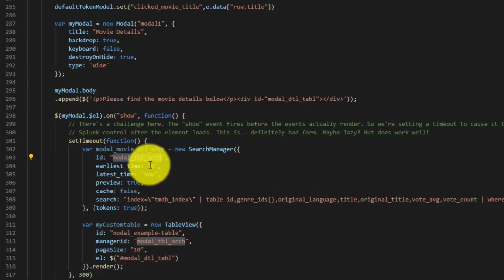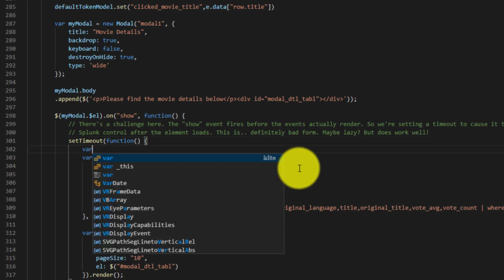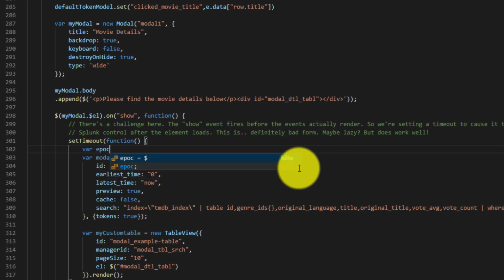Once this search is already established and we are not destroying this particular ID, it is not allowing us to create another search object with the same ID. To overcome this, the best way I think is to create dynamic IDs over here. How we will do it is we can just append the current time. This is how you'll do it: var epoch, and then it is just a new